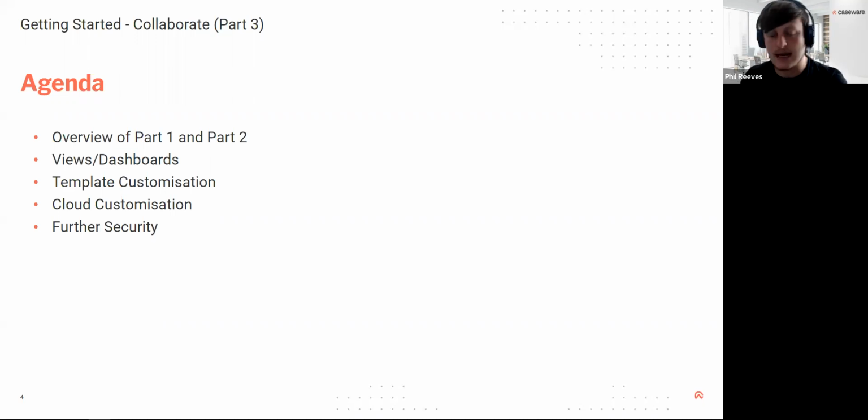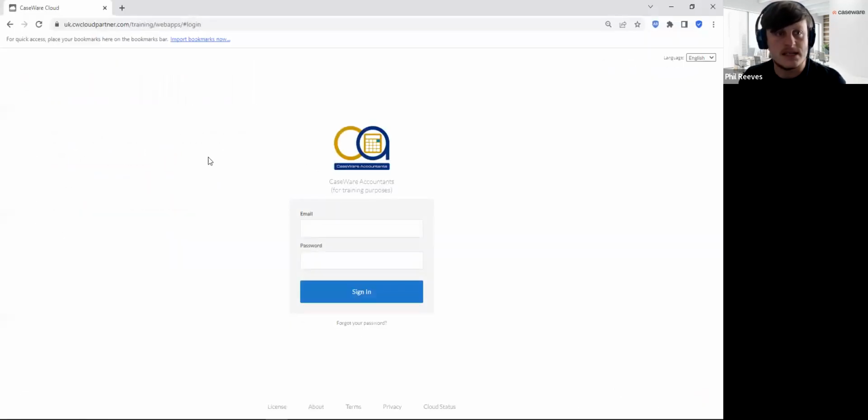I'll just jump into the cloud. When we're looking at customizations, I just want to make you aware of what we're referring to. So this is our cloud server. And as you can see, we've got our own fictitious Caseware Accountants logo, and also a little message, Caseware Accountants for training purposes, when we log into the Caseware cloud. All of this is stuff that you will be able to customize on your own cloud servers, depending on access rights. So when I log in,